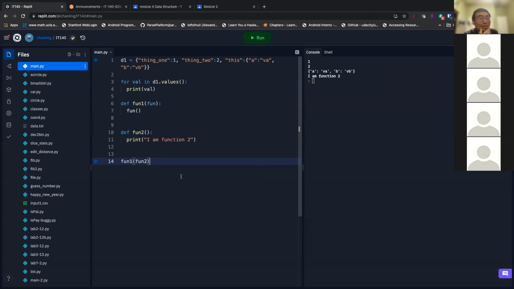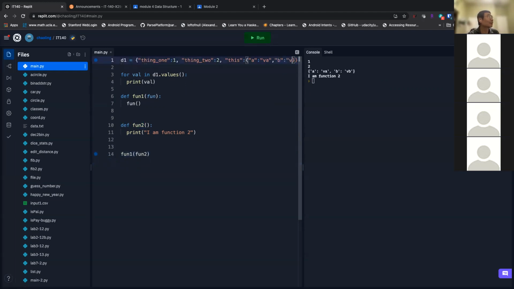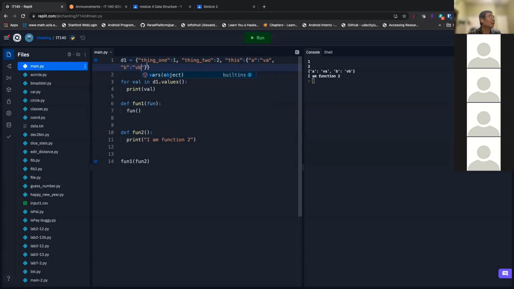Is the function stored in a dictionary? So yes, basically you can store a function in a dictionary. Let me give it a function name, and I'm gonna say fun.